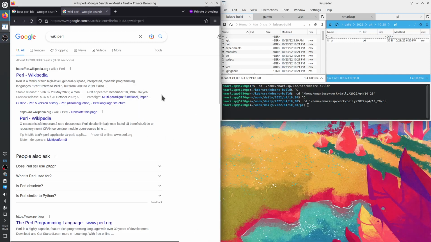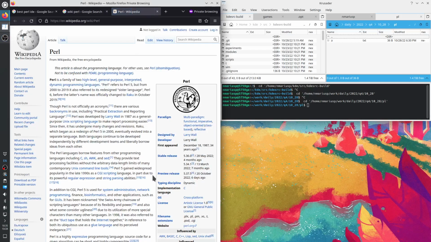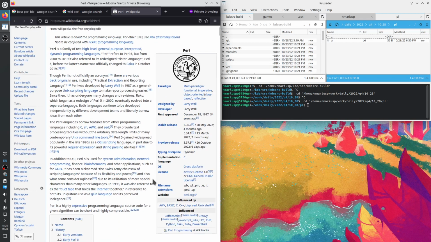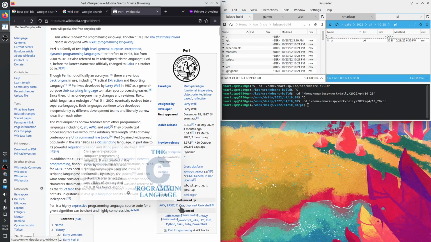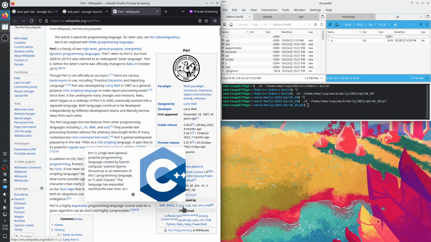Hello, today we are going to learn the Perl programming language, version 5. So let's look at what Perl is. It's a programming language, kind of like a superset of shell scripting, bash, influenced by awk, C++. It uses semicolons, uses curly brackets,